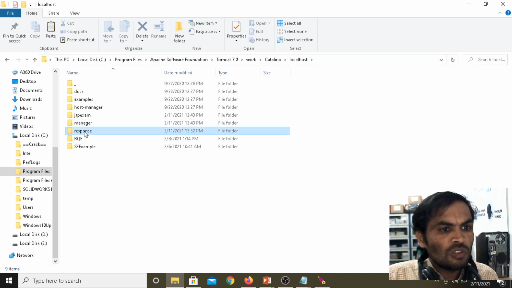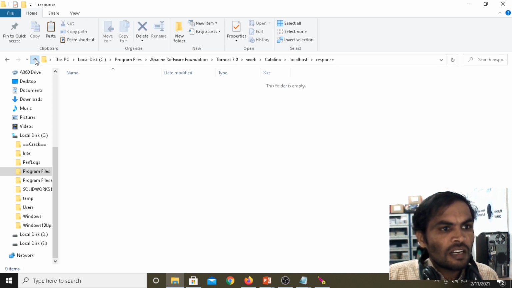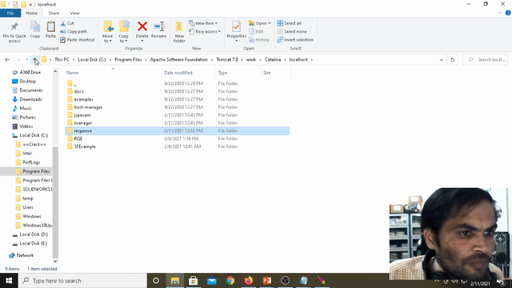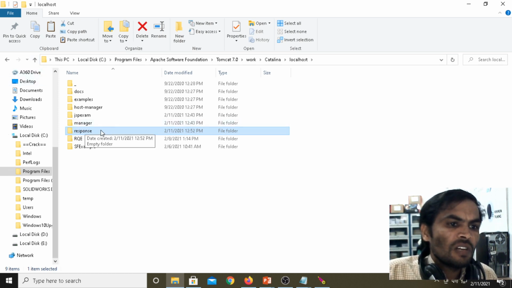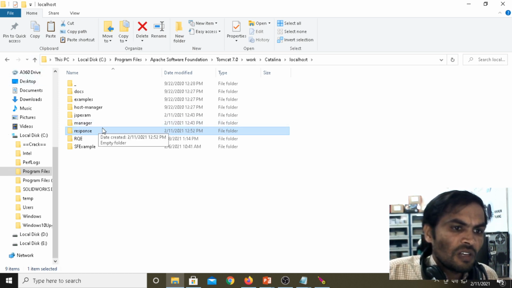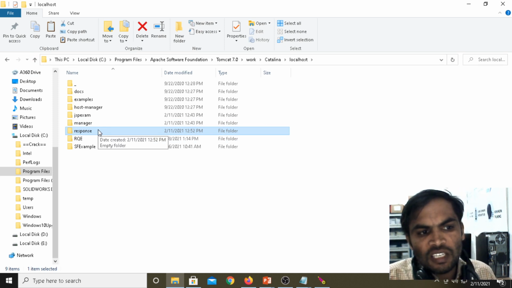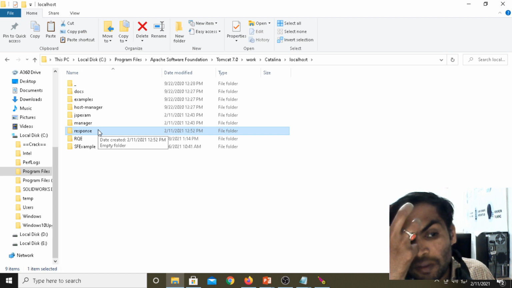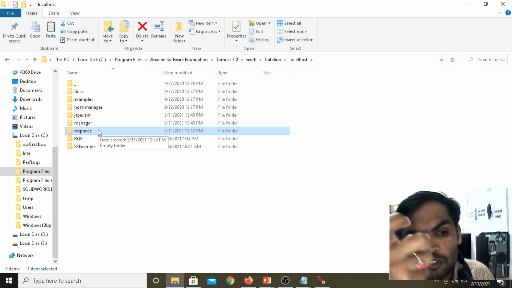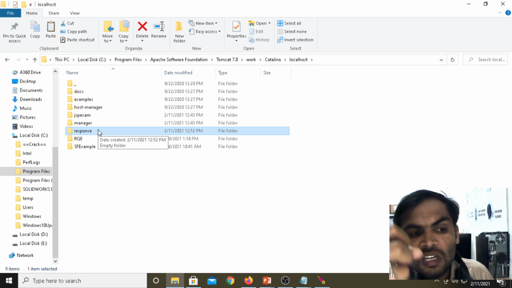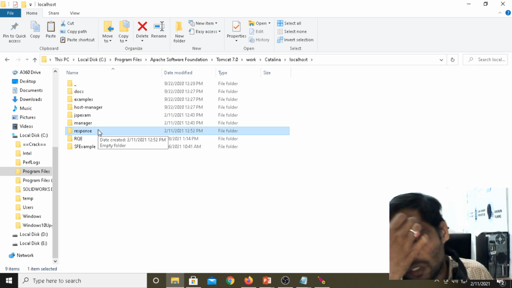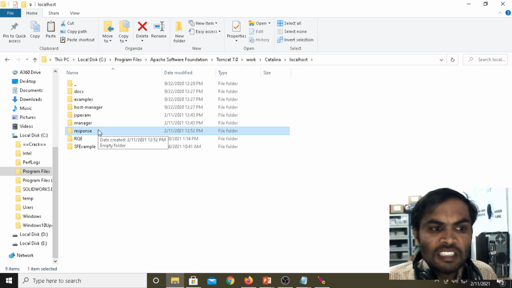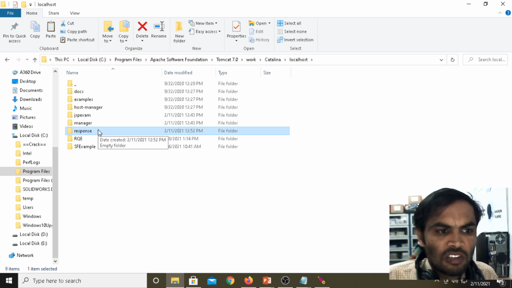Under the localhost, response is your folder. At the time of running the application, the web container itself is translating the JSP file into the servlet program, Java source code, then it is giving the output. Internally it is creating the out object and the request object.